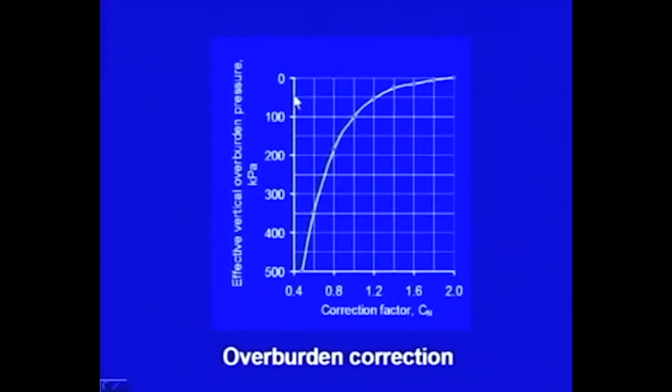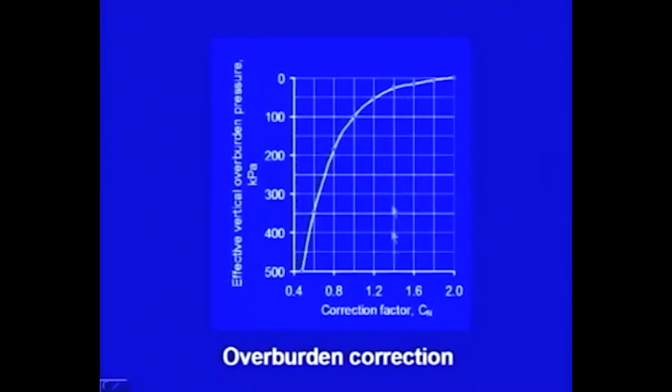But if it is less than 100, for example, if it is around 50, you can see somewhere here the correction factor Cn is 1.2. So, the actual value will be 1.2 times the observed value, and you can see at almost theoretical 0 confining pressure, 0 overburden, it is almost 2 times. So, this chart has to be used